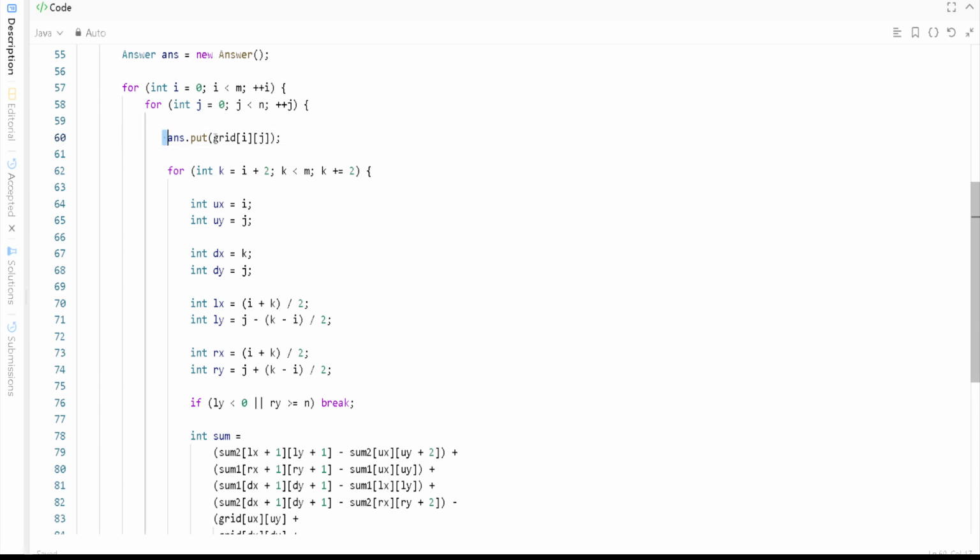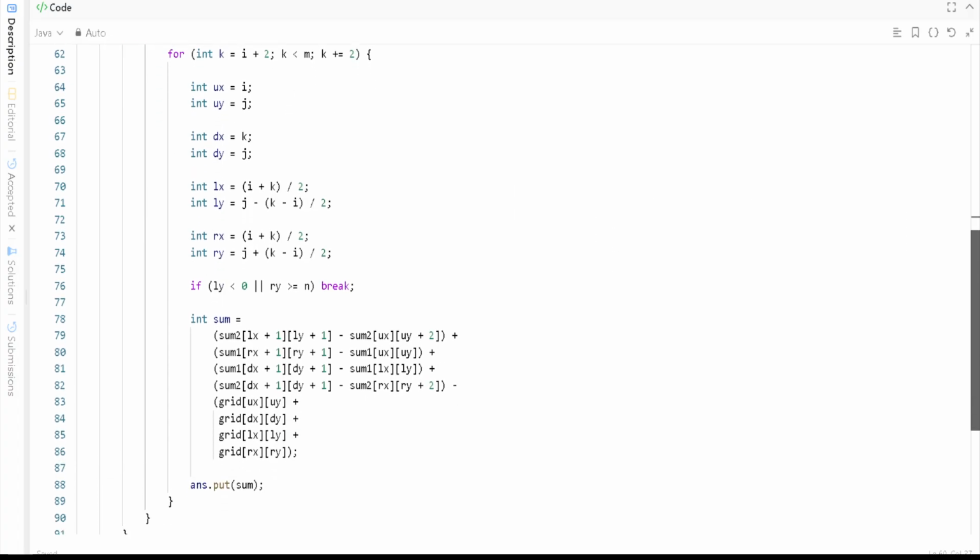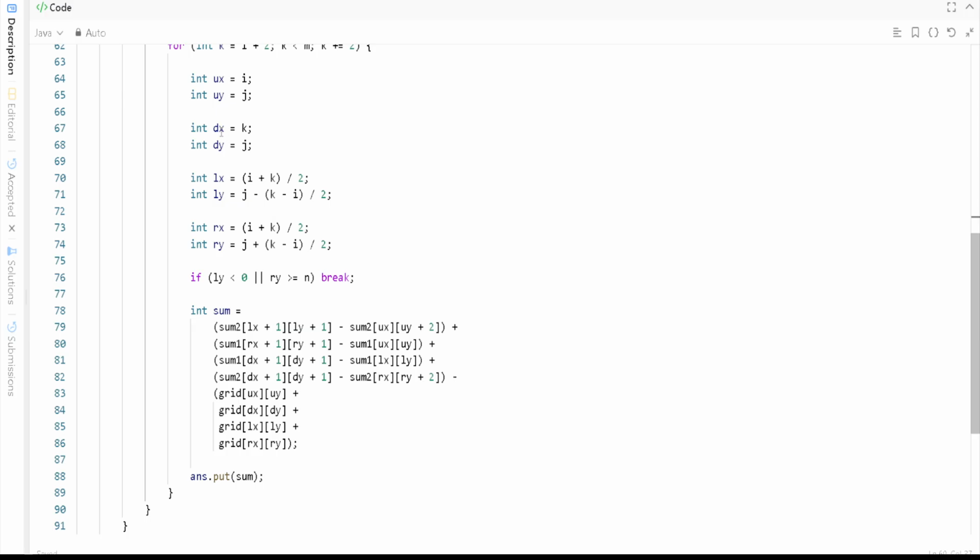When we find the answer, we will do answer.put, and we'll keep adding i and j like that, and we'll create a k from i plus 2 to k, this one, right? So basically we want to find all the possibilities, right, of the ux, uy, dx, dy, lx, ly, rx, ry, means all those directions, and we'll keep checking. Then we'll do the sum, right? Once the sum is calculated, we'll put it into the answer,